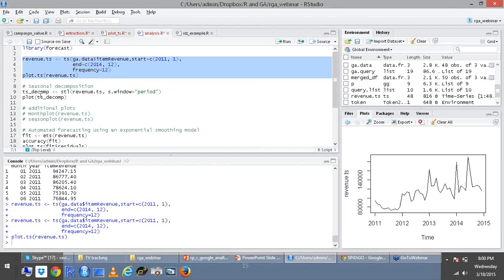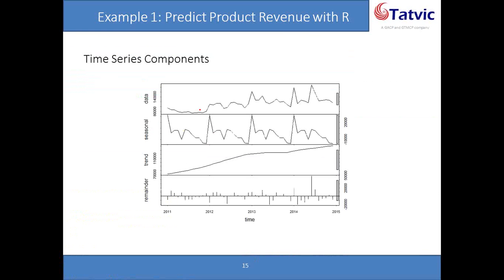Now, like I said earlier in the PowerPoint, I wanted to decompose the time series components. The first component is base data, the raw data that you saw. The second component is the seasonal component. So of the total time series, how much is the seasonality that exists? Every time there's a spike up, it is most likely the December holiday season, where the revenue spikes up. And in the third section, this is the long-term trend that you see.